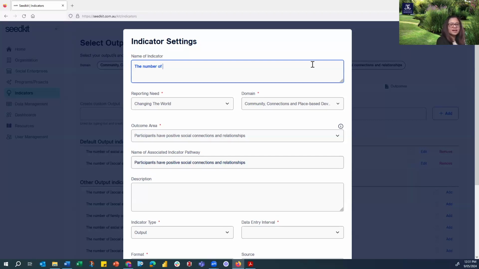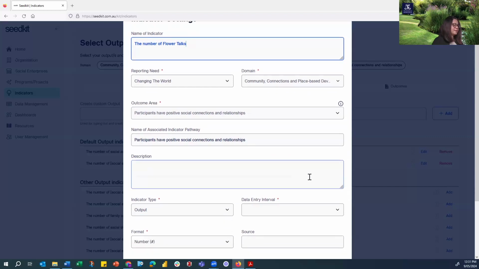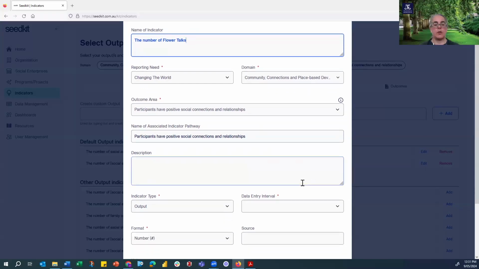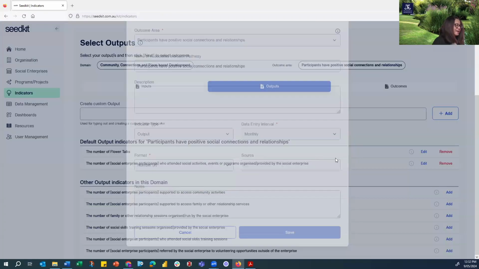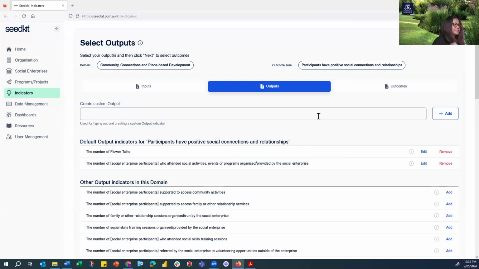So the number of flower talks. Data entry interval is the frequency you would like to collect your data, report your data against. So we can set as monthly here. And probably we also wanted to capture the number of